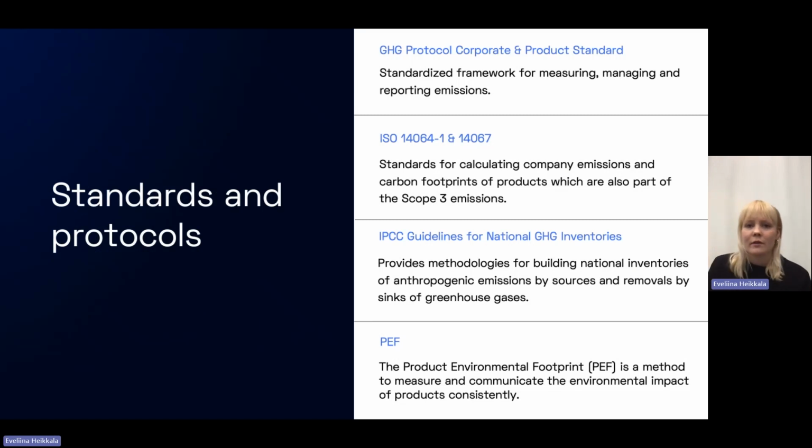And then I would like to give a quick overview of the different standards and protocols that are used for making these calculations. So firstly, the GHG protocol corporate and product standard provides guidance on how to make the scope 1 to 3 calculations for company emission accounting and for the product carbon footprint. Then the ISO standards, then IPCC guidelines for national greenhouse gas inventories, and then the product environmental footprint guidance. And there are also other ones, but these are some of the most significant and internationally or EU-wide recognized standards